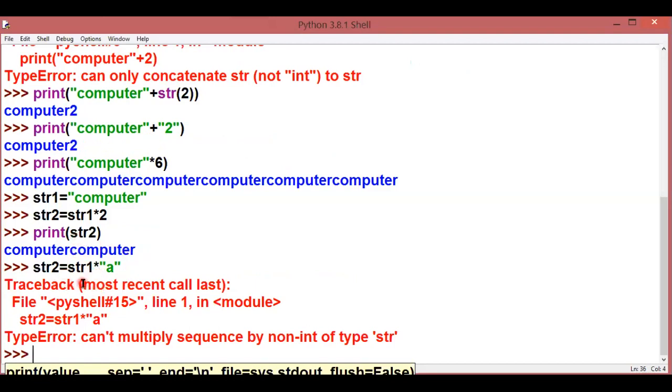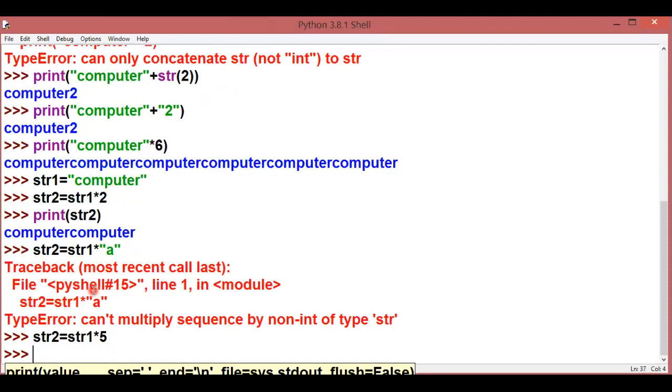One should be of string type and another should be of integer type. Because unless we specify the number over there, the interpreter will not be able to recognize how many times I am going to replicate it, right? So I should write str2 is equal to str1 multiply by 5 or 6 or 7 or 4, any number you can specify over there, and then you can print it.